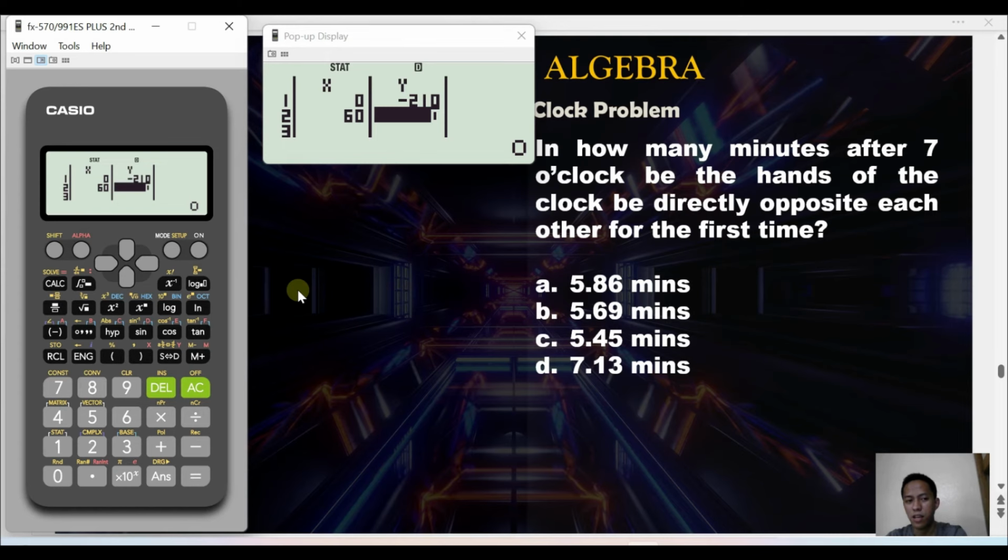So, yun yung technique natin. Okay? So, kung ano yung time, i-multiply mo lang sa negative 30. For example, ang time na given is 7. So, 7 times negative 30. Okay? Yan. So, after 60 minutes, sana siya? Nandun na siya